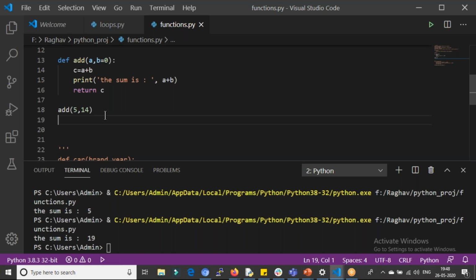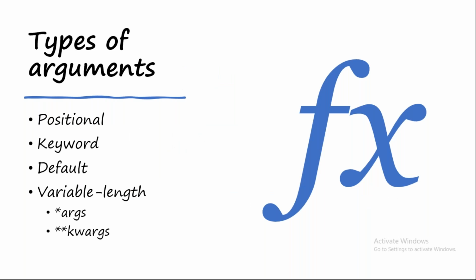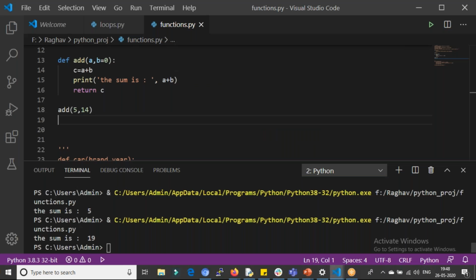So this is about default, and then the last one is variable length. In the previous example, I took a value of x as 4, and then the value of y, let's say 13. Now I want to say x and y, and I want to add something else also. I want to add 7 also. So what is the mistake I'm doing over here?